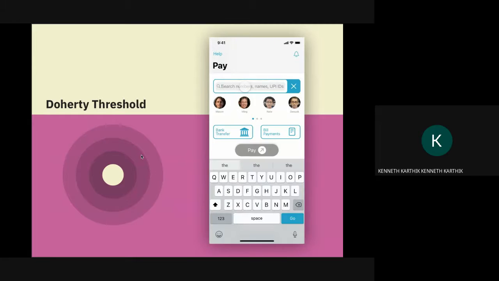Then there's something called the Doherty threshold, which says that productivity will soar when a computer and its users interact at a pace which is less than 400 milliseconds. That ensures that neither the computer nor the person has to wait. So every animation and every interaction that we've added will react within that 400 milliseconds, because when it becomes more than 400 milliseconds, you tend to think, oh, this product is lagging, or it's slow, or the flow of your thought might not be able to happen at that pace. So animations have to be kept at that sharp target of less than 400 milliseconds, which we did.